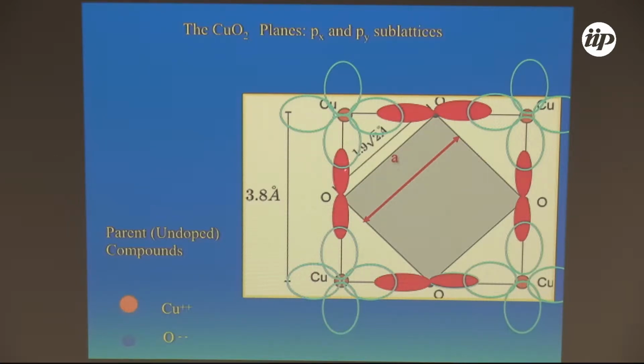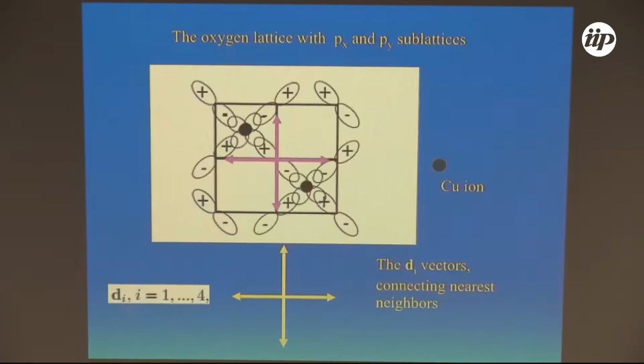Because, for example, as we dope the system, we create holes in these orbitals, and they will hop. The hopping will be assisted by this overlap with the copper orbitals. This is a representation of the oxygen lattice. So we have two sublattices with px and py orbitals,